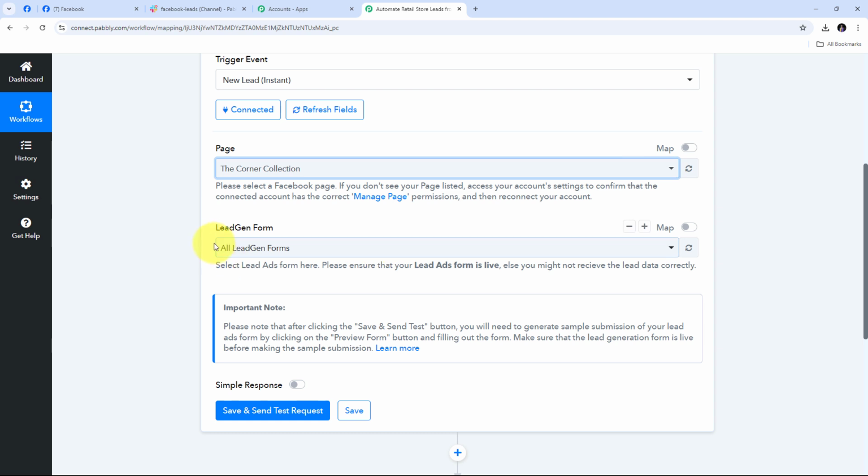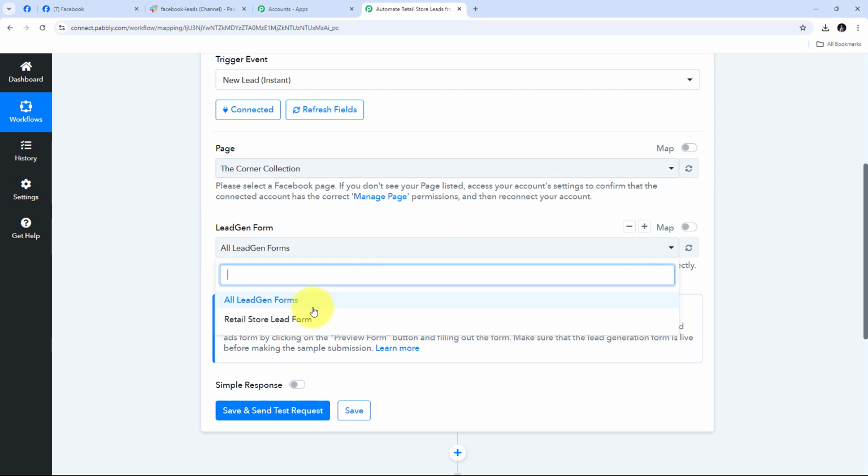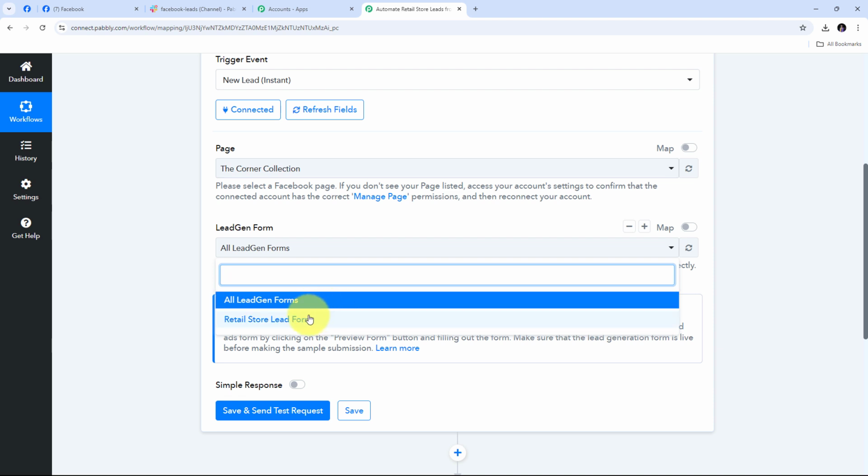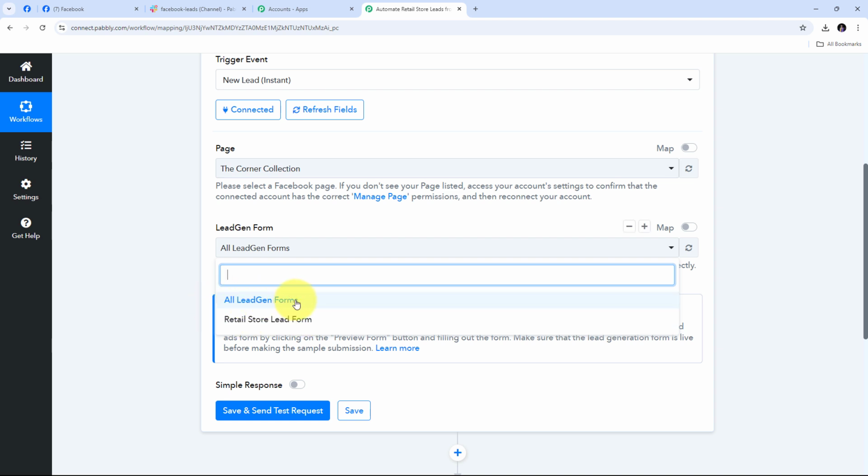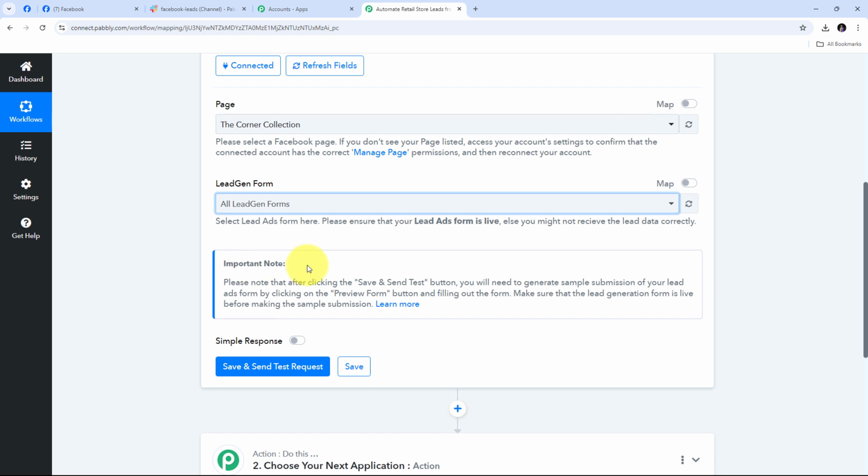Now I have to select my lead gen form. So you can open this tab, and here you will find all the lead generation forms that you have in your Facebook page, and you can use any particular lead generation form that you want to use, or you can use all the lead generation forms for generating the lead and getting the data of those leads. So I'm going to select all lead gen forms here, and now I have this important note that says, please